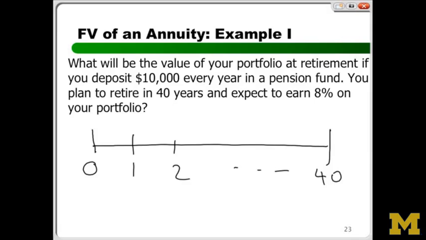To make our life simple, we'll assume that the first $10,000 is at the end of the year. Why did I do that? I could always start saving at this point, but I'm doing it simply so that I can use the formula and directly use the calculator and set it up. We can change that, so don't worry. You can start a payment today and change it.